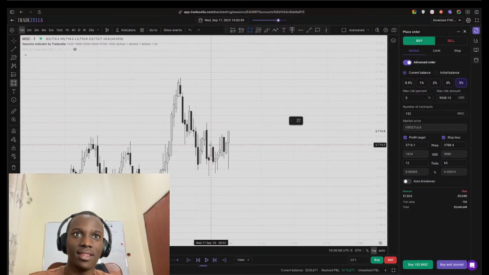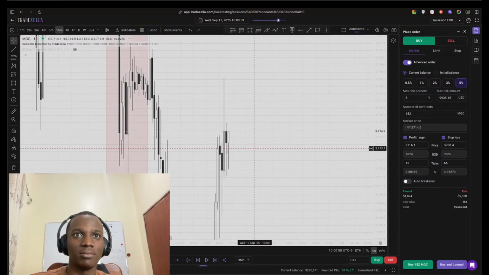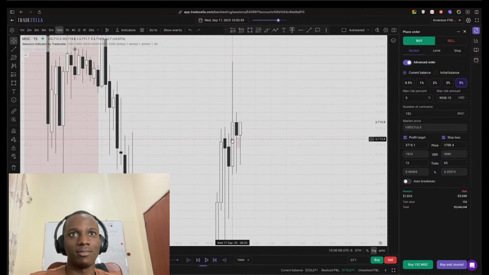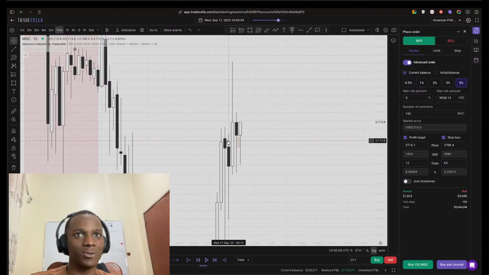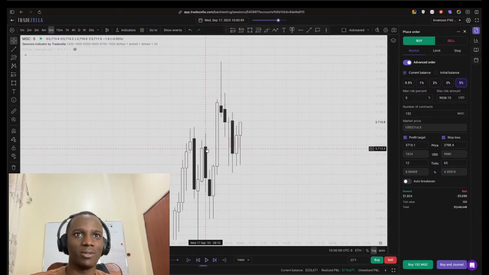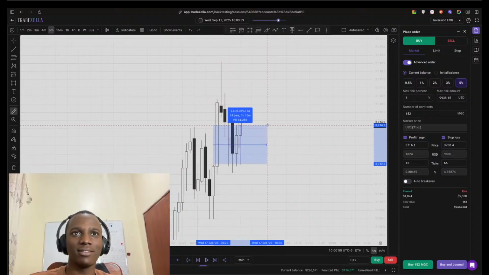Okay, another possible opportunity. 5-minute gap retracement, 15-minute order block. Bro, price is building really good. So there's a good... what's this? Order block, yes. And checking the 5-minute, we have an order block as well, and we have